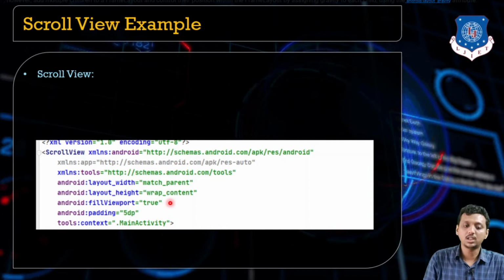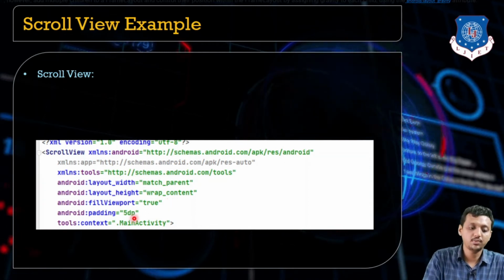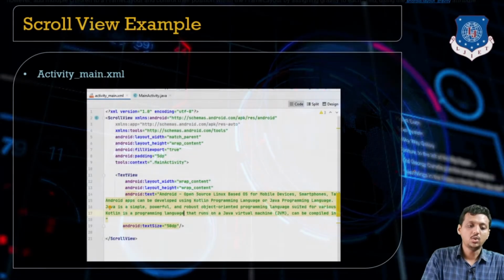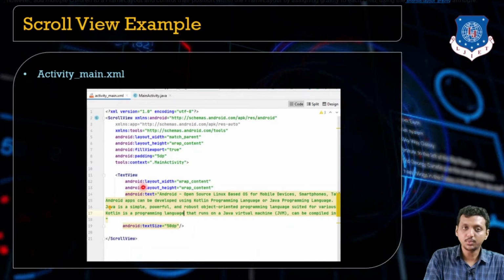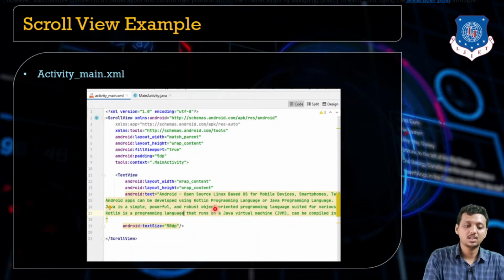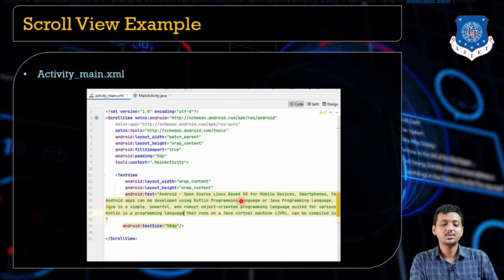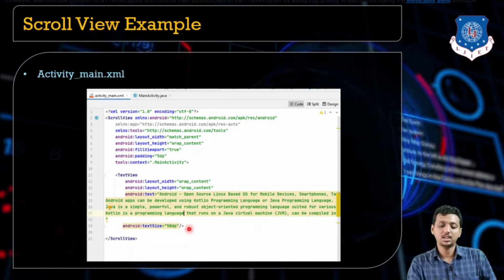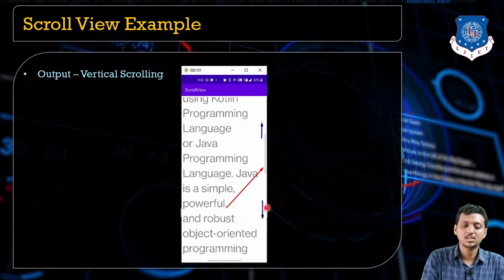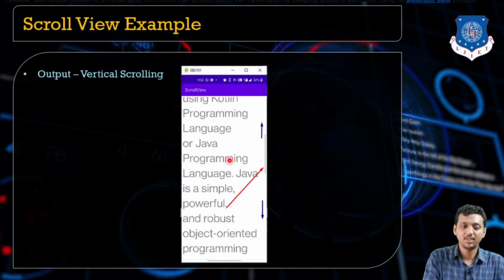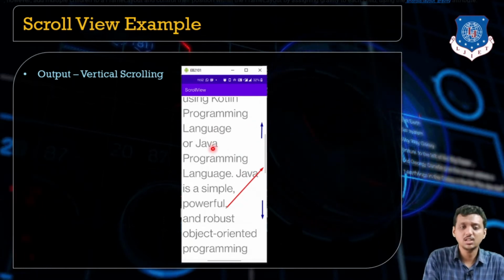The full viewport is true. That means whatever the content it occupies, it will just become by default is true. Now I just added a big normal content over there, take a text view, and inside the text view I have just a little bit content over there. Now my content size is 50 dp, so it might be possible the content should be larger. So here, you can see the vertical scrolling functionality over here. Fine. This is our output of the vertical scrolling.